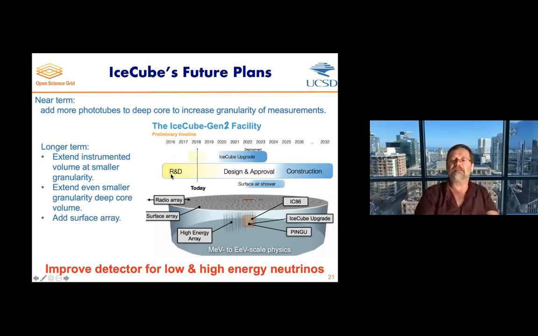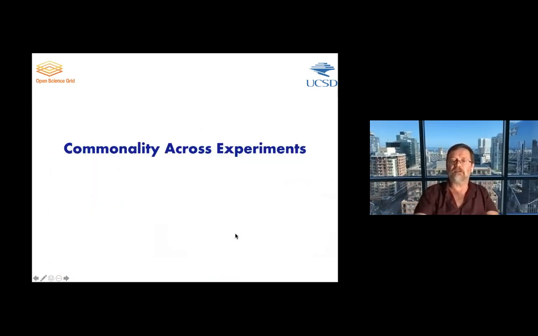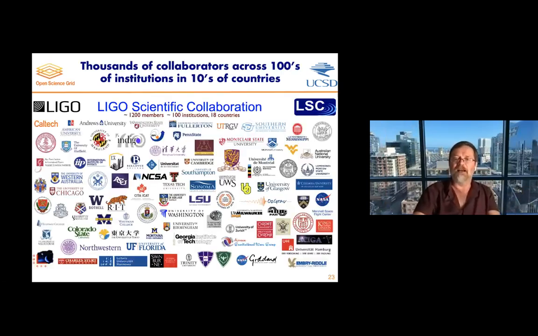IceCube has a plan to run for 20 more years, and to do a large scale upgrade of its detector. And then I want to make at least one comment, and that is, why do I know about these things and why do I work with these things? I work with these things for my cyber infrastructure leg. My own experiment is another third big type of experiment, the Large Hadron Collider, which I took out because there isn't enough time. And I'm sort of geeking out on these other two experiments, I have to admit.